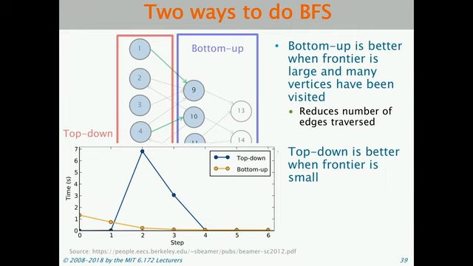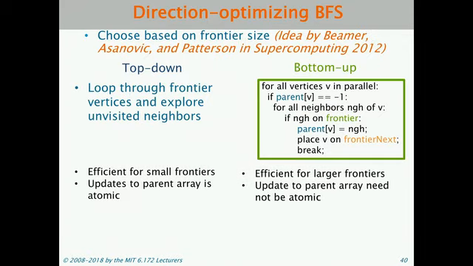And in a paper by Scott Beamer in 2012, he actually studied the performance of these two approaches in BFS. And this plot here plots the running time versus the iteration number for a power law graph and compares the performance of the top-down and bottom-up approach. So we see that for the first two steps, the top-down approach is faster than the bottom-up approach. But then for the next couple steps, the bottom-up approach is faster than the top-down approach. And then when we get to the end, the top-down approach becomes faster again. So the top-down approach, as I said, is more efficient for small frontiers, whereas the bottom-up approach is more efficient